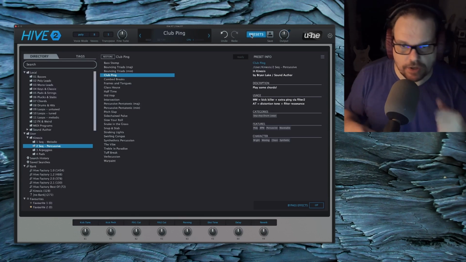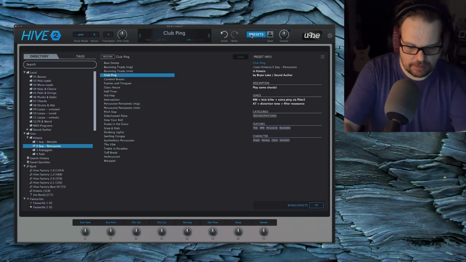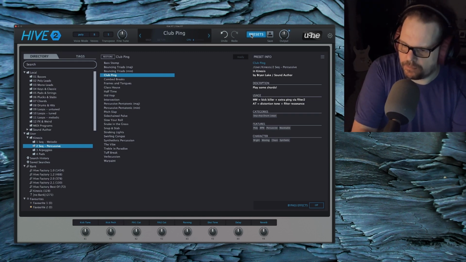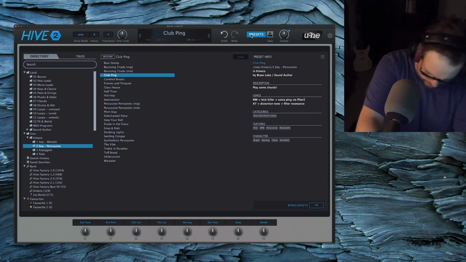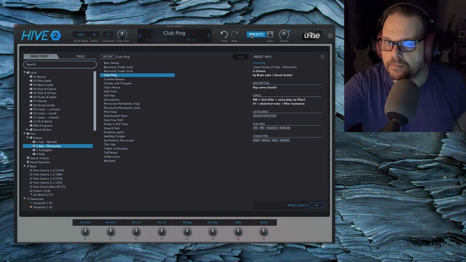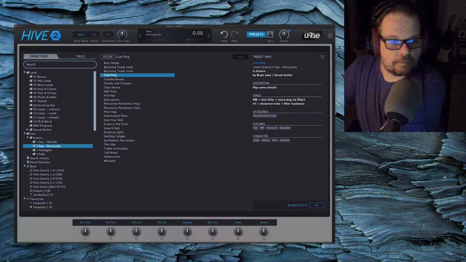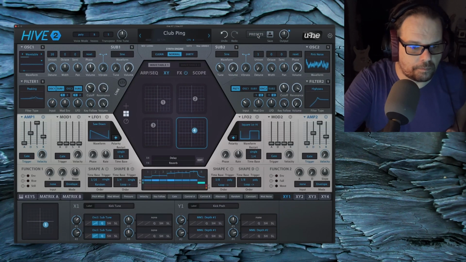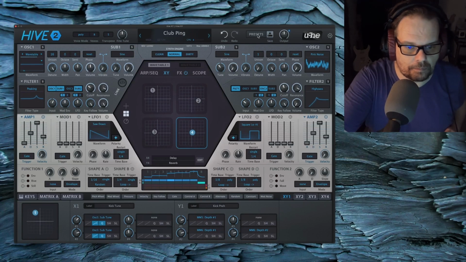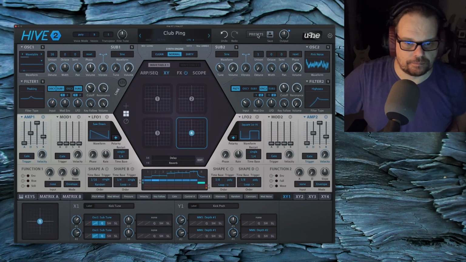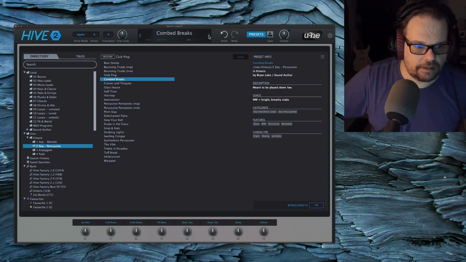Okay, so we also have some pulsing sequences in the percussive sequences as well. Mod wheel. Nice. Okay.